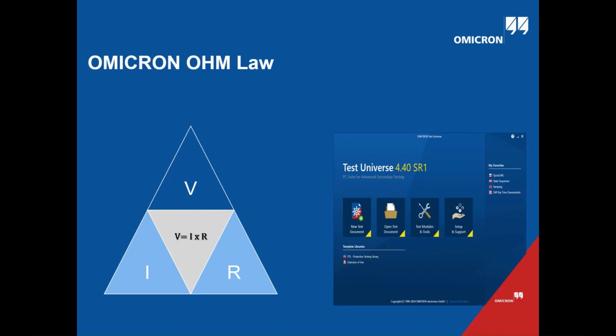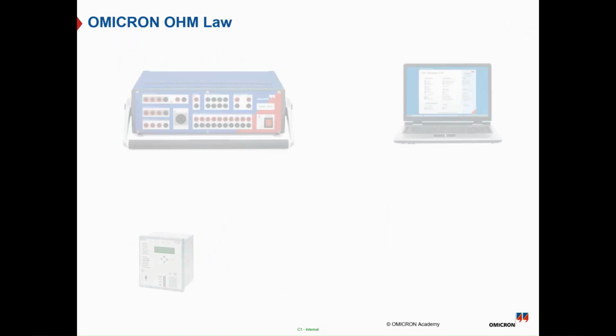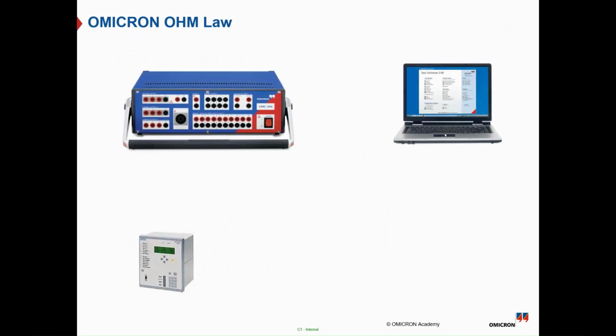We have our Omicron Ohm's law, which starts with OHM, so it's not like the general Ohm's law that we all know as electrical engineers. We have our own Ohm's law, as you can see. So the O stands for the test object, and H stands for the hardware configuration, and M stands for the test modules. And as you can see from this photo, it will be clear that the protection relay is our